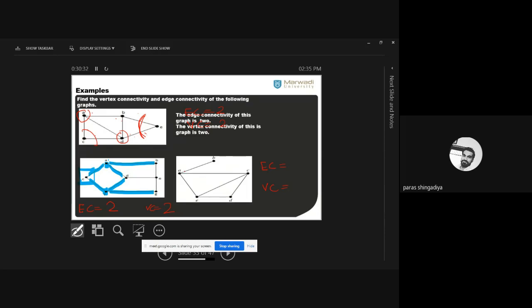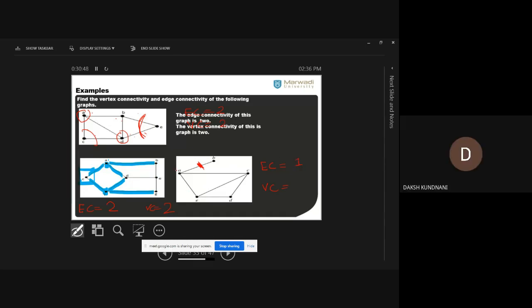Okay, in between A and B there is one edge, so I remove this edge. Okay, it means it involves only one edge in such a cut set. So B will be disconnected from the rest of the graph. Okay, it means the graph is disconnected. Clear? So it involves only a single edge to make the graph disconnected.